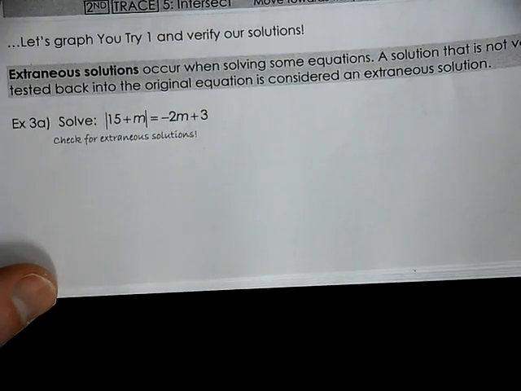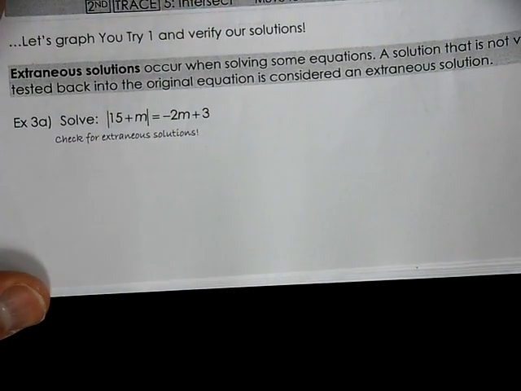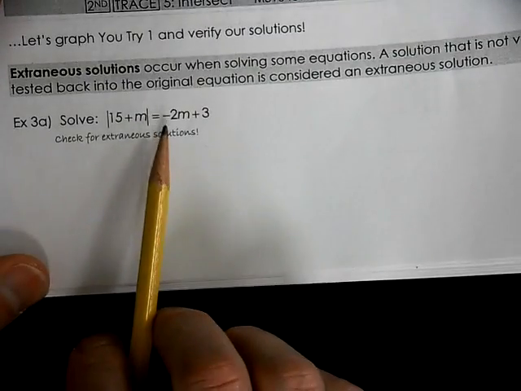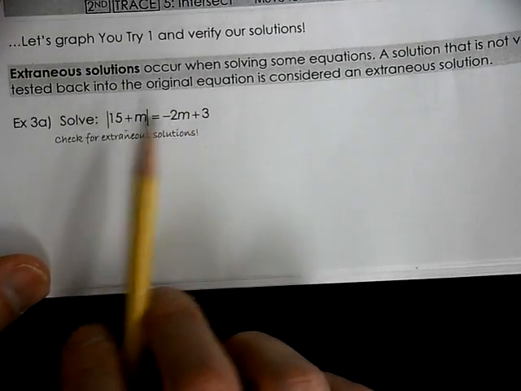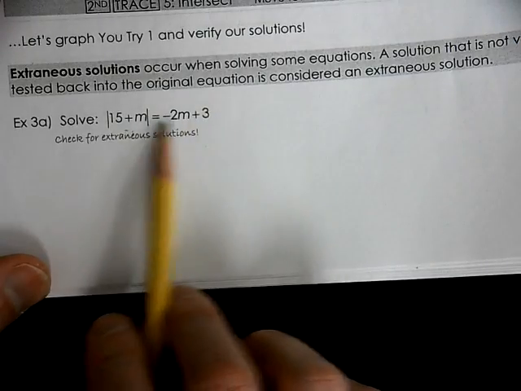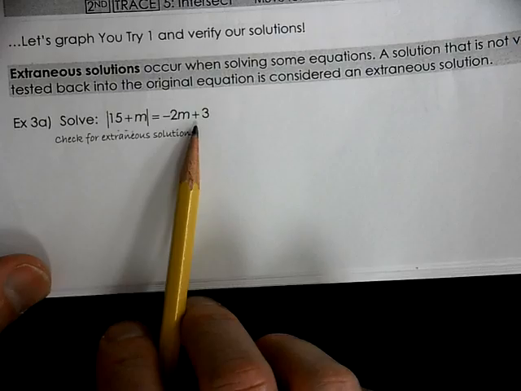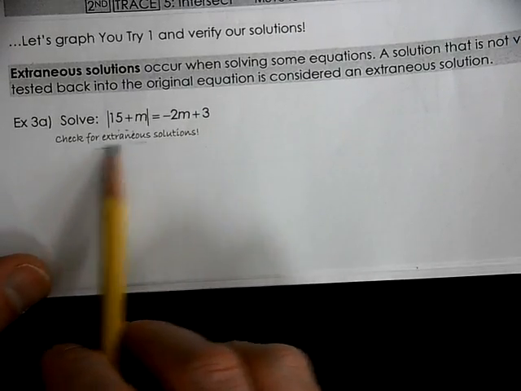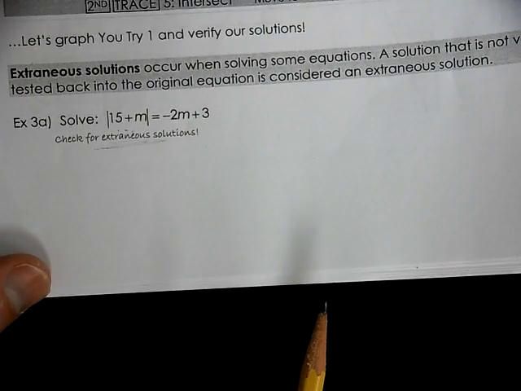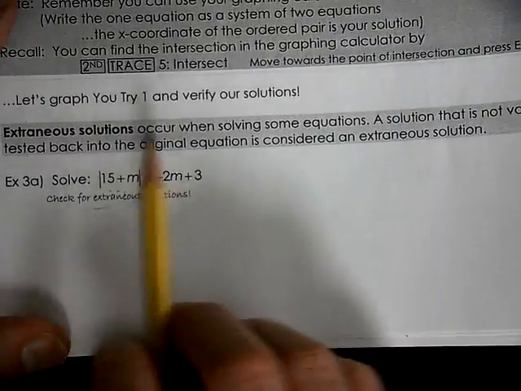So here's an equation. Notice how there's an M on both sides. That's a big hint that there could be a concern about that. This can make extraneous solutions. Okay, having M's on both sides. An extraneous